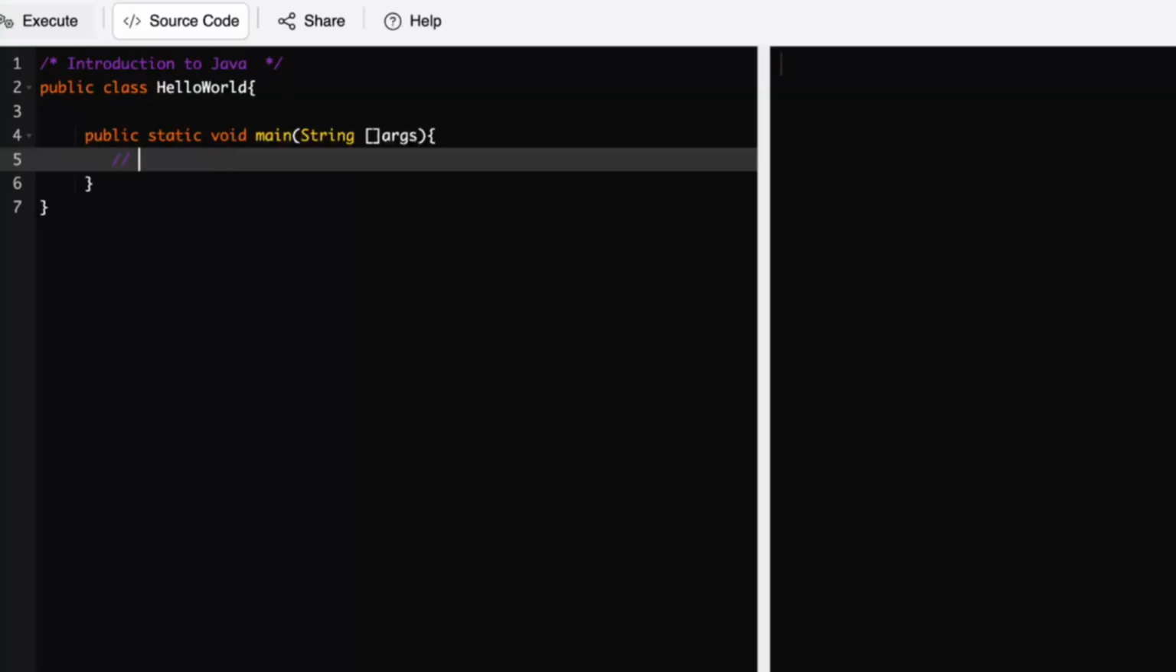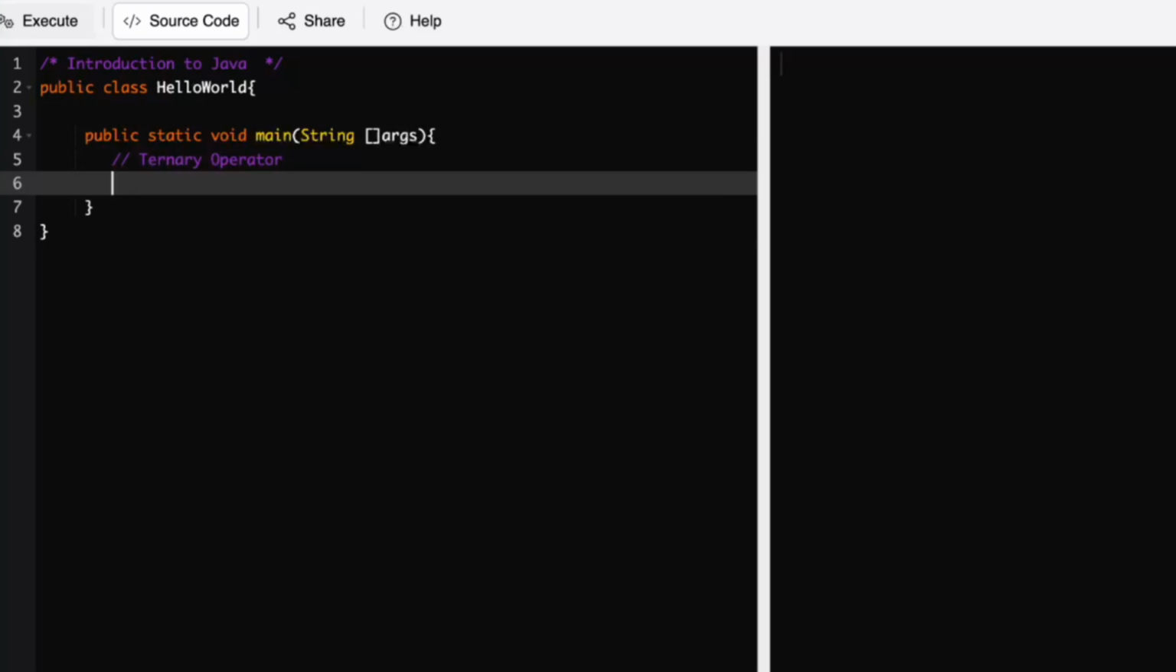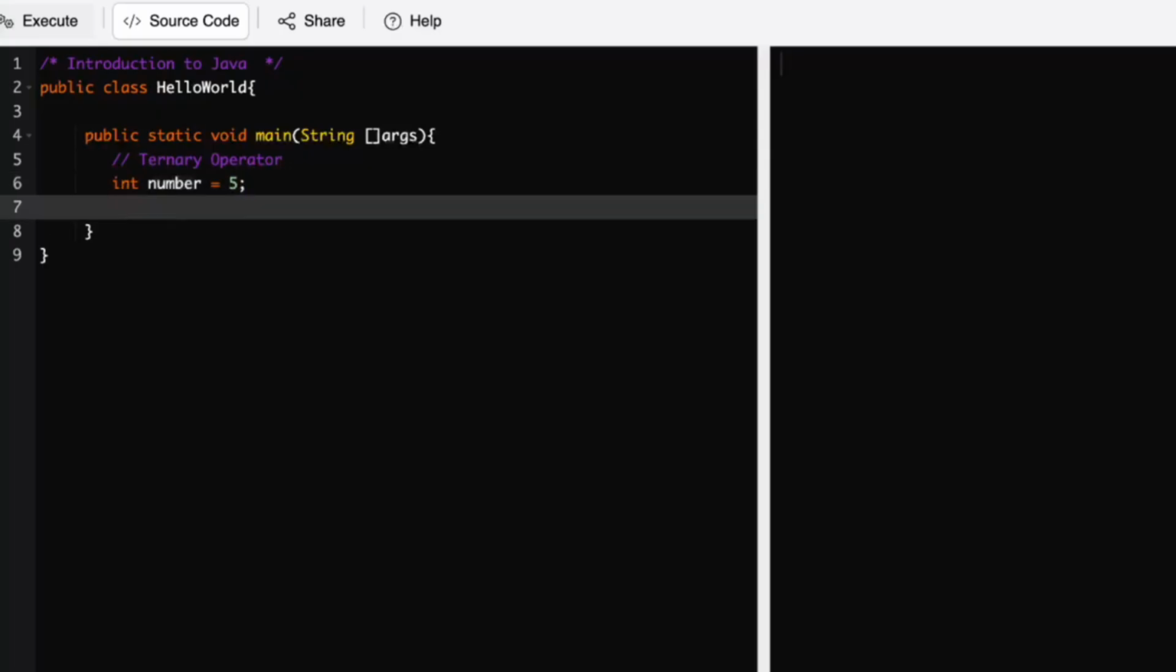Let's go to the ternary example. This is how we're gonna do it. We're gonna put a number, so int number, let's say that it is 5 in this case, and we're gonna basically say that the string result of number, and here is the percentage value, so the remainder of the division,